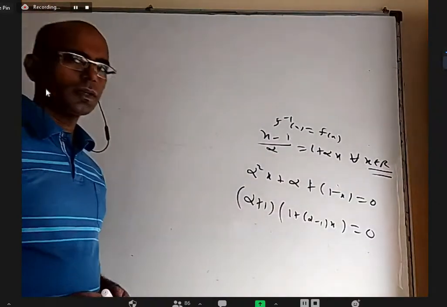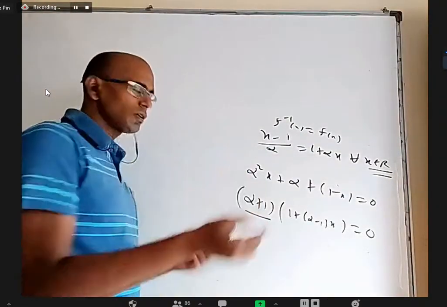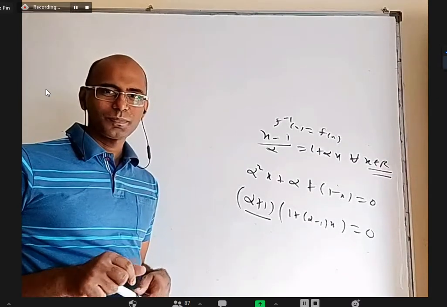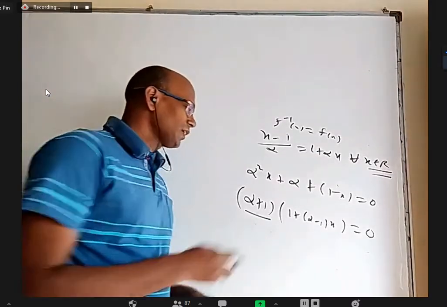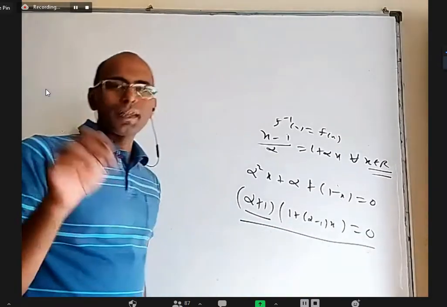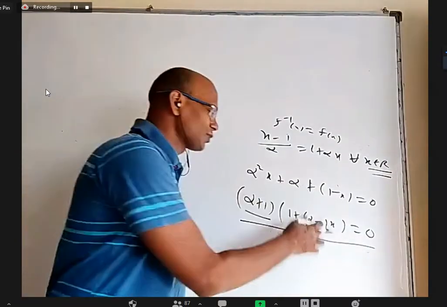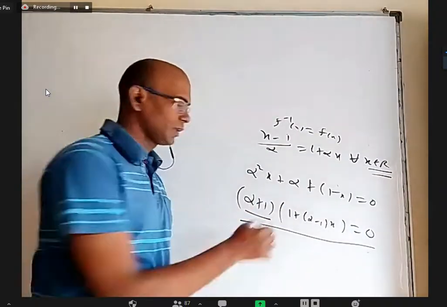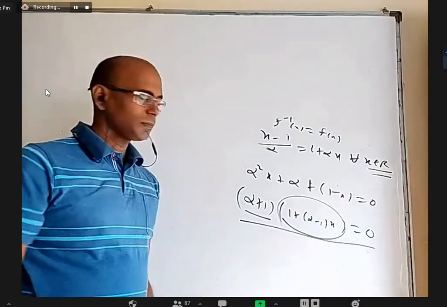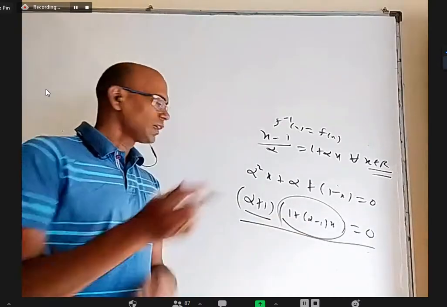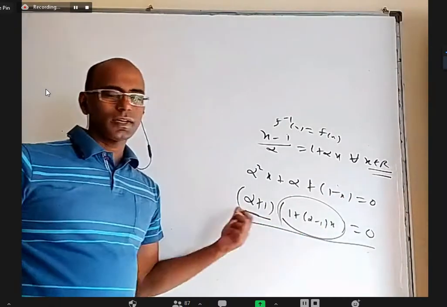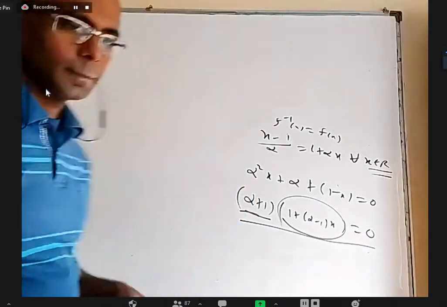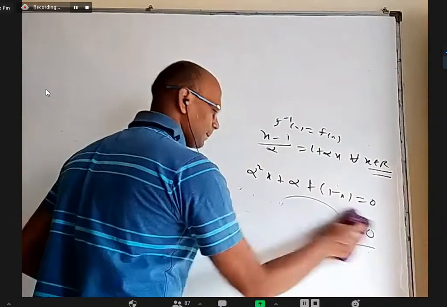Yes, sir. Okay. But when you equate this to 0, alpha equal to -1 will come. But what you are doing, you should know first of all. We want this to be 0 for all x values. When you take x equal to 0, x equal to 5, x equal to 7, x equal to 9, every time it should be 0. So this can't be happening, because as x changes, your alpha would change. But this alpha gives a constant. That's why we are accepting it. You should know. Right? Yes, sir. That was my only doubt. Okay. Thank you, sir.